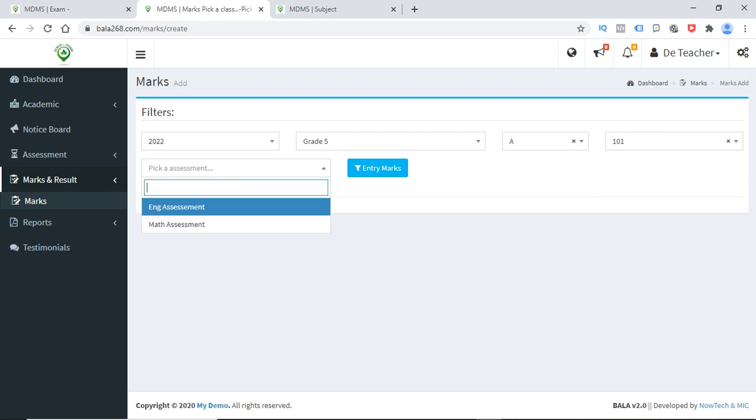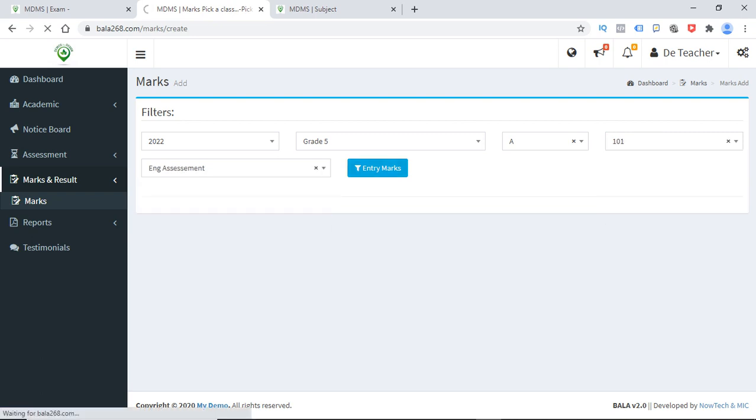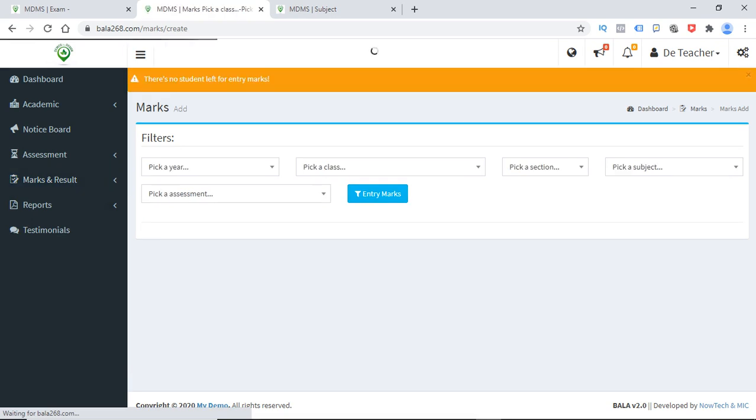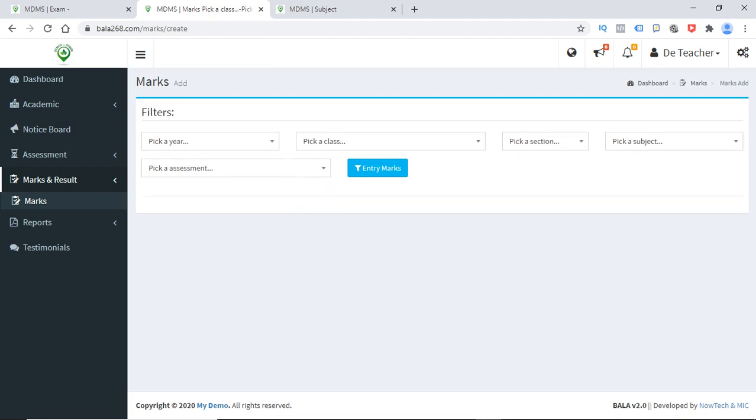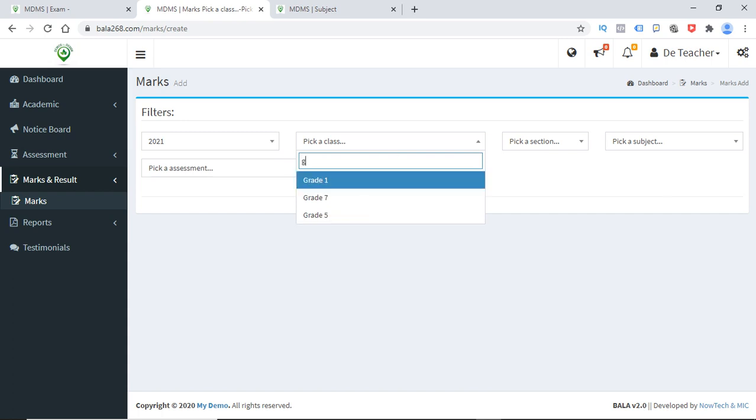So you can see we have 101, that's English, get marks, entry marks. There's no student left for entry marks here, meaning the class you selected doesn't have students. So you need to make sure you select the proper year. We have 2021, we have grade 5,